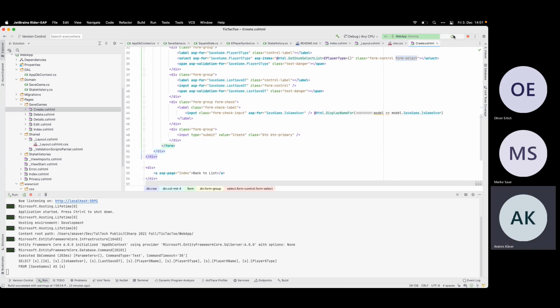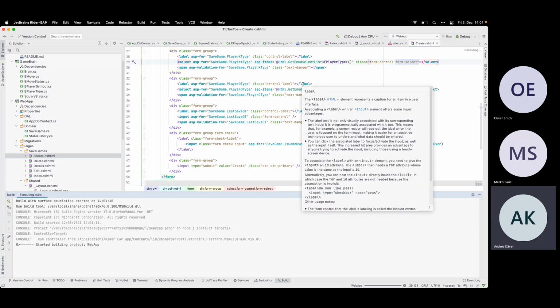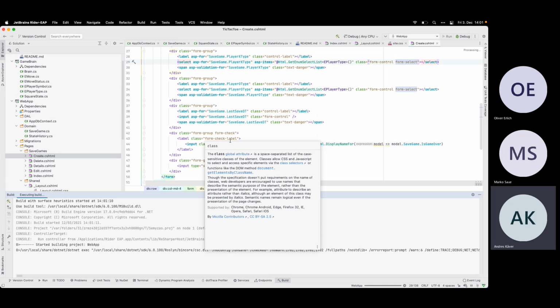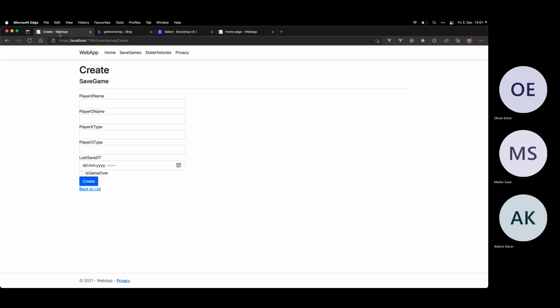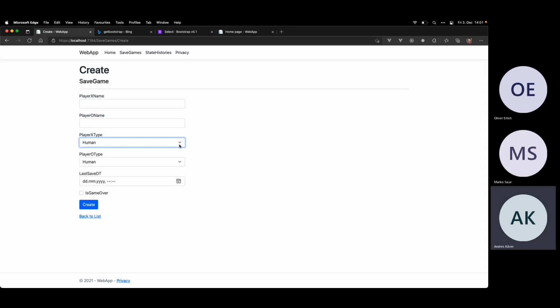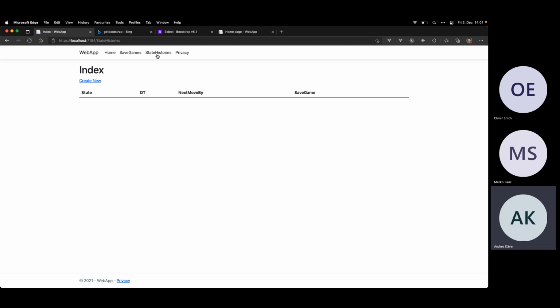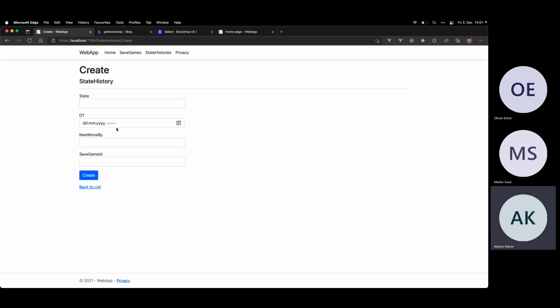And maybe checkbox is maybe okay. Okay, now I have my nice drop down, human, computer. Piece game over is nice. State histories. Here. Next move by. Okay, save game ID is wrong.